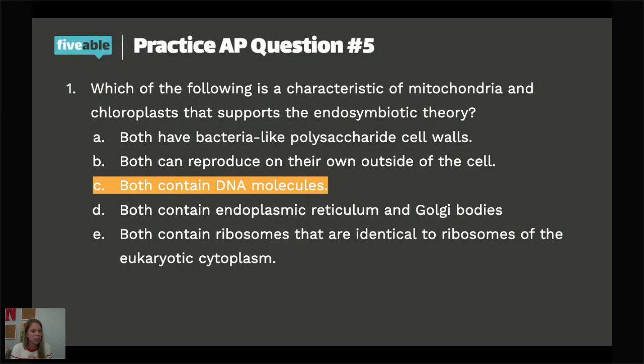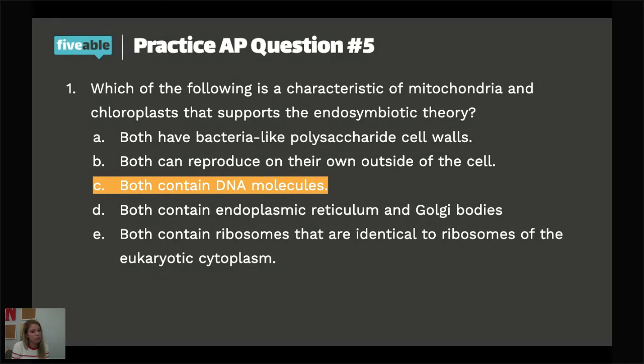So keep in mind, they're in symbiosis. The mitochondria and the chloroplast supply the energy for the cell. The cell provides protection for those organelles. I know I said a minute ago, oh, you can pull them out and they'll still do stuff. In a lab, yeah, you can probably play with them and get them to do whatever you want. There's lots of ways you can control that environment, but just in the wild, you're never going to see a mitochondria sitting around like, hey, dude, I'm the powerhouse. I got kicked out of my cell. Typically, they're going to stay inside their cell, but they do have their own DNA molecules. So that's why it's going to be C.